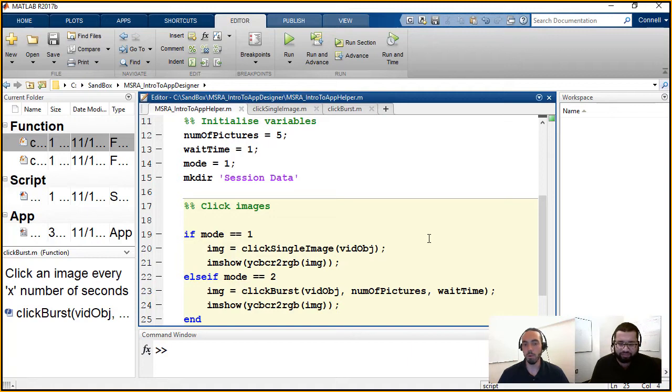Even for people that are familiar with the language, it's just nicer to put this in a graphical format where you, as a developer, can guide how people interact with your tools. Another thing that's worth mentioning, and this is probably more relevant to student competition teams, is that